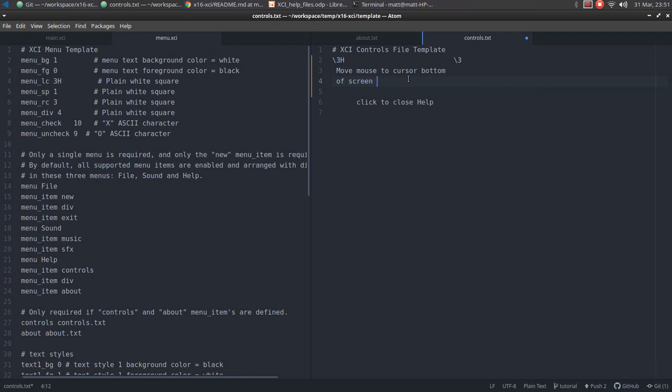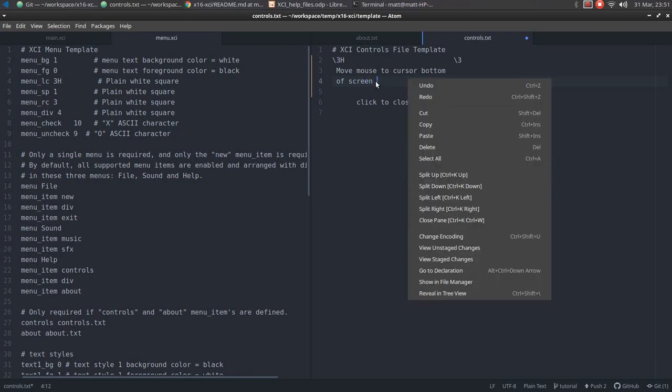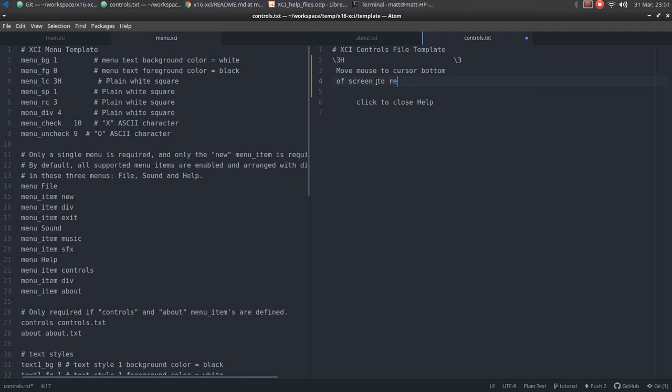Bottom of screen. Oop, don't do that. To reveal the toolbar. Oh, now we can see here that our text is getting a little wider than what we actually have room for. Now remember, this is going to be a single tile, these 3 characters, so we kind of have to do a little bit of math to understand that, oh, no, we need a bit more space here, and this is also going to take up one